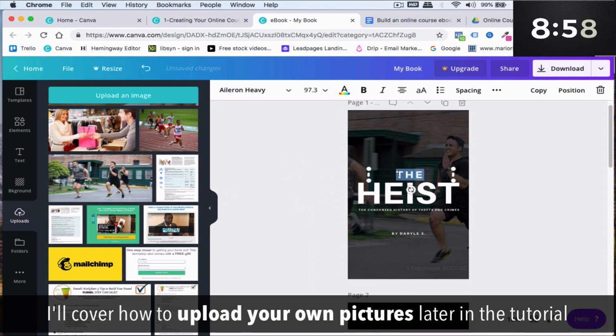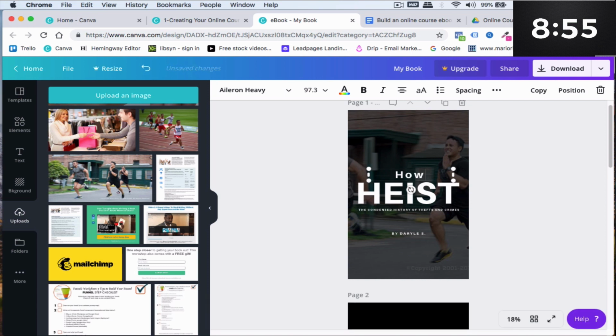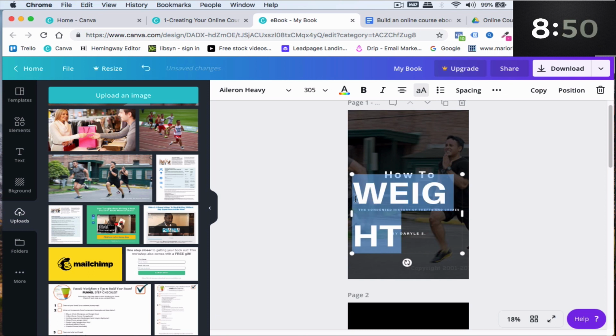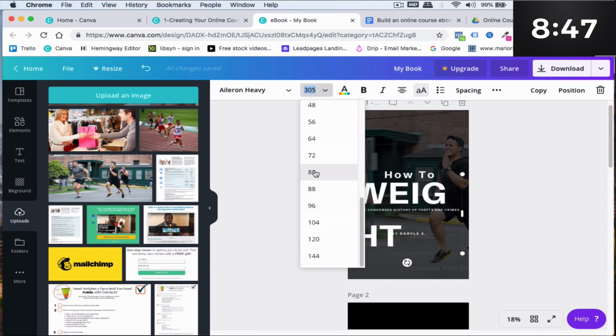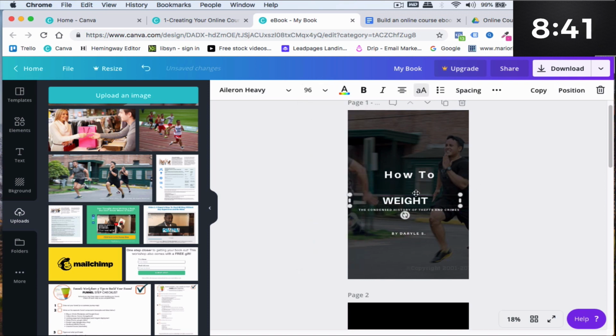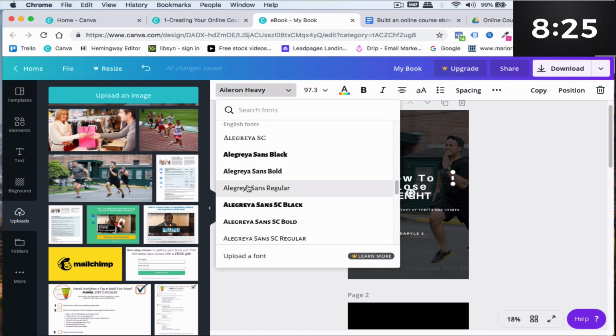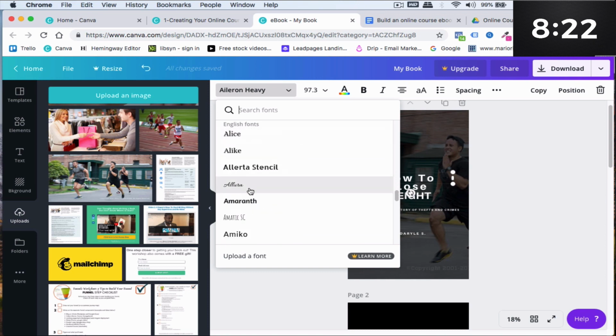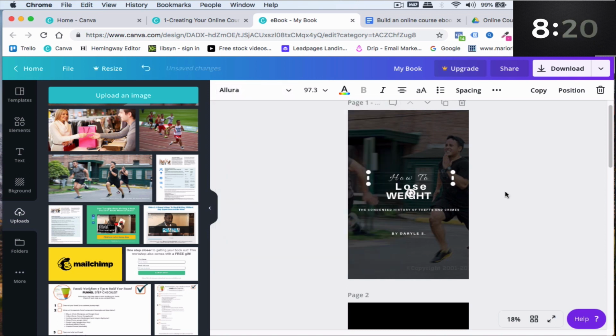Okay, so I would say how to, the clock is running, so this would be weight. And again, you can highlight this and change the font size, make it 96. How to, copy this, lose weight, how to lose weight. And again, I'm just doing this really quick. You can change the font if I wanted this to be some type of script or something like that. All right, how to lose weight,